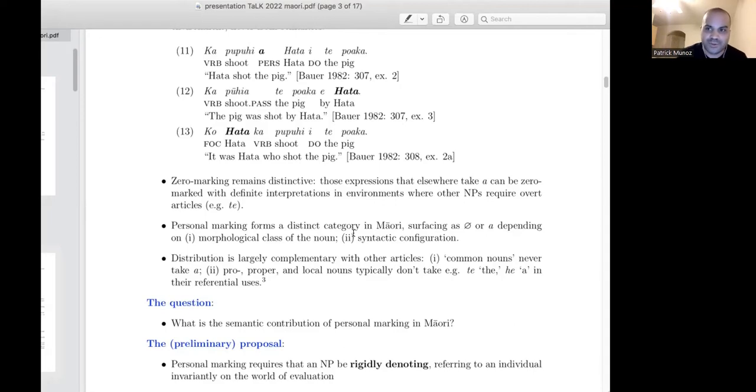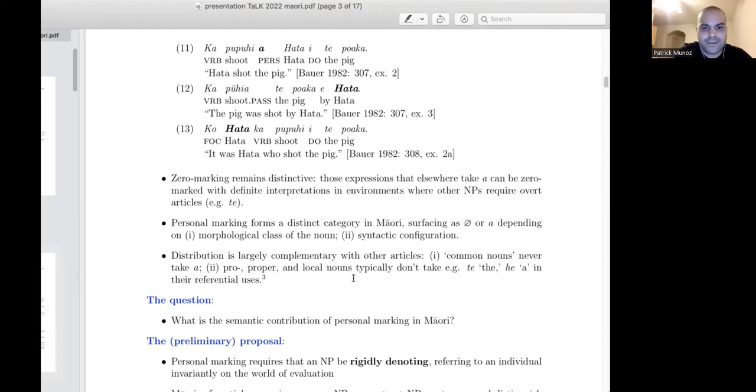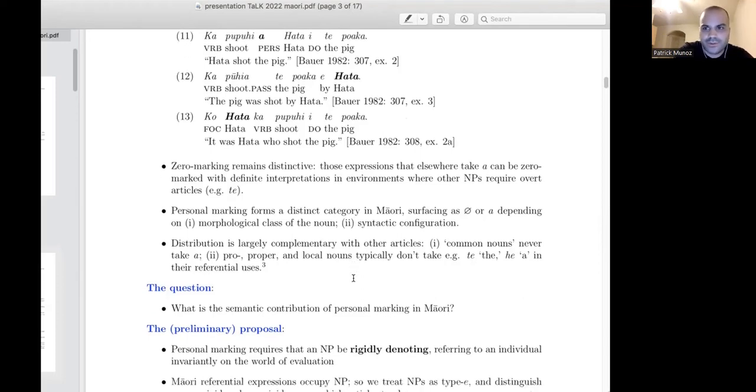There's been this attempt to reduce marking like to just definite marking, but as a special morphophonological exponent of it. I think that's not right. It looks to me to have a distinct semantic meaning, and it's easiest to show this in Maori, of course, or languages like it. Lots of Polynesian and some other Austronesian languages have this sort of marking. But I think the results generalize to at least other DP languages with article systems.